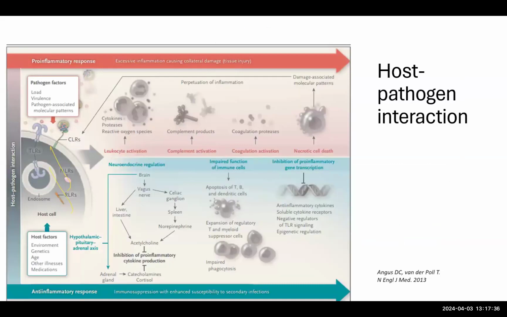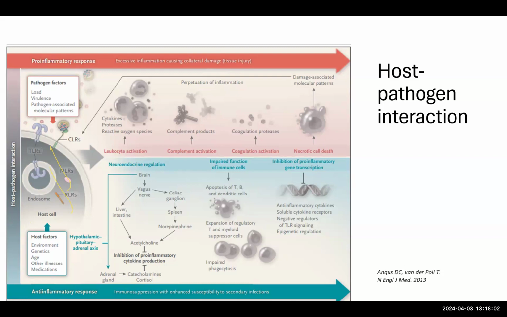So going back, we talk about neonatal sepsis. We talk about some true scenarios that we are seeing every day. Not every day, I exaggerate, but when we are on call, and look at some very crude microbiology. So then it goes back to the fundamental question: what is neonatal sepsis? What are we talking about? So this is a complicated slide I copied from the New England Journal of Medicine.